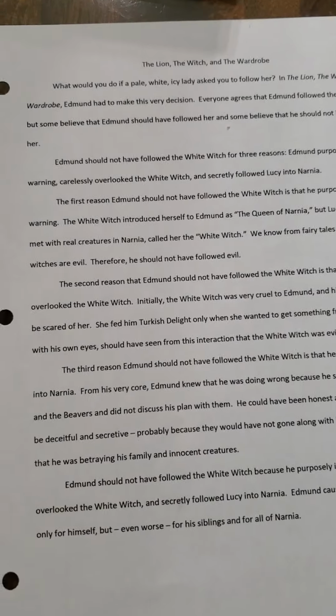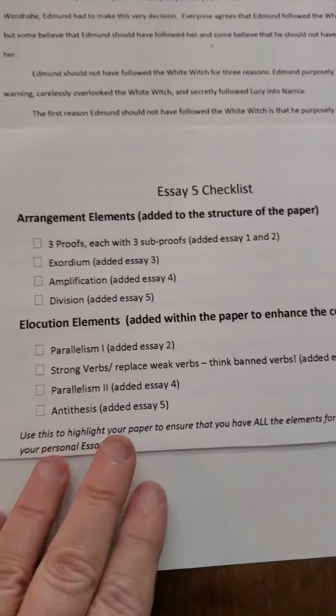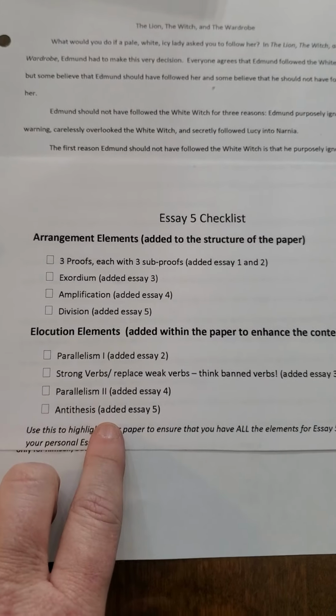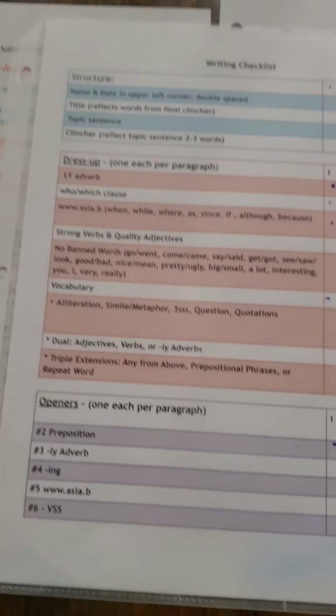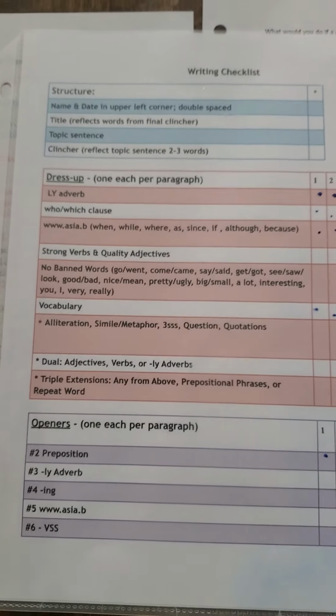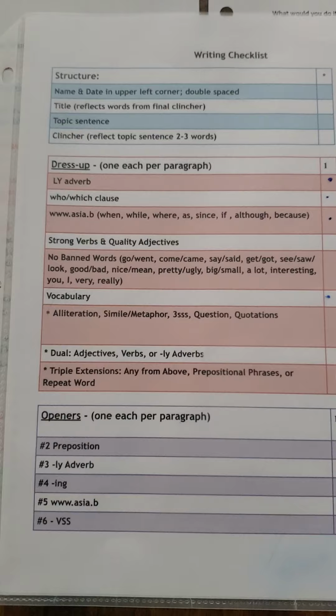However, they don't stick to this. They add the flowery language in. The flowery language is when we get to the things that are the elocution elements. Now, don't stop there. For my kids, I pull out the IEW writing checklist that we use,